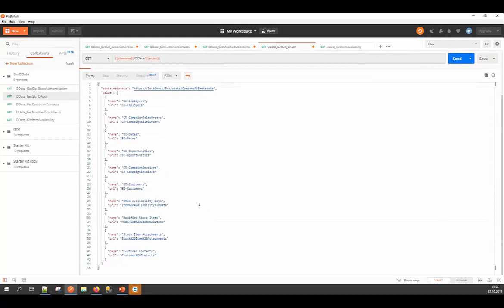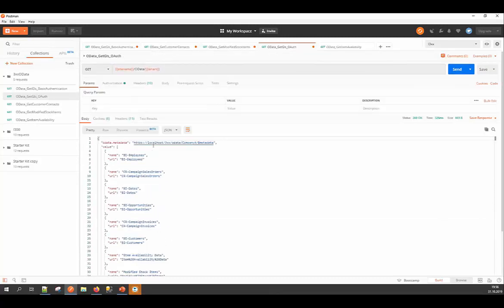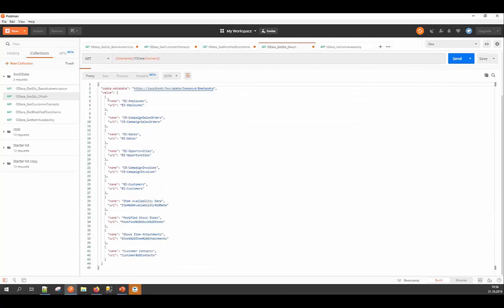So let's see what's actually in our response. We're seeing the name of the generic inquiry and the URL. Well, they're usually the same, but should we have any spaces and so on, we would always have it modified into such a URL-style form. So that is the one we would need to use in our request. So let's try one. I personally like this customer contract one. So let's move to it